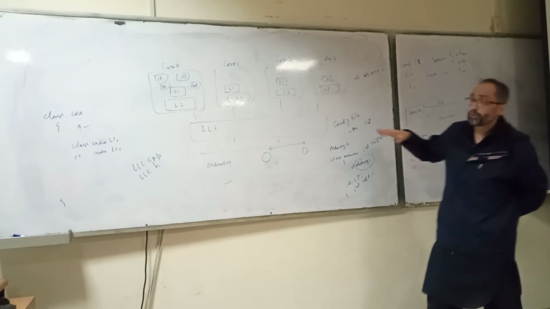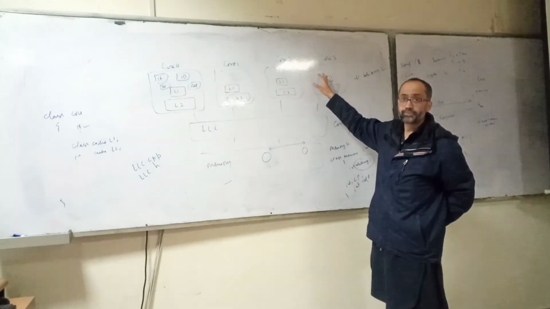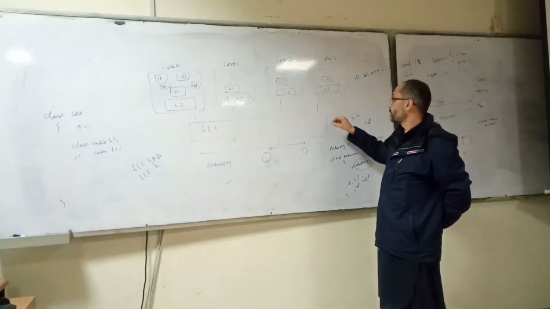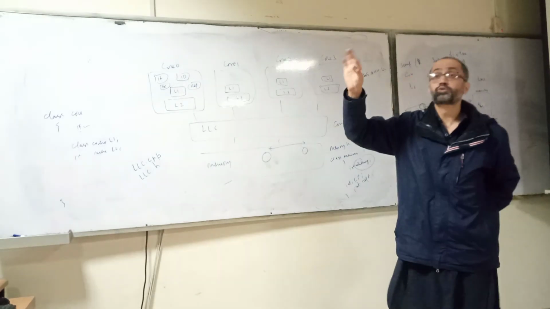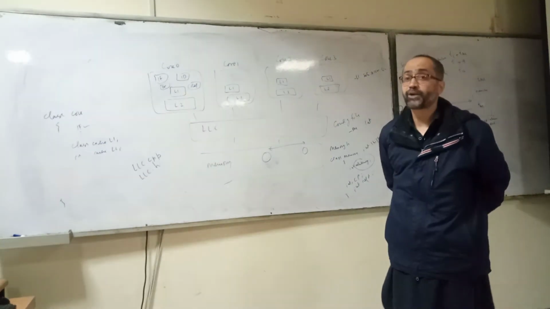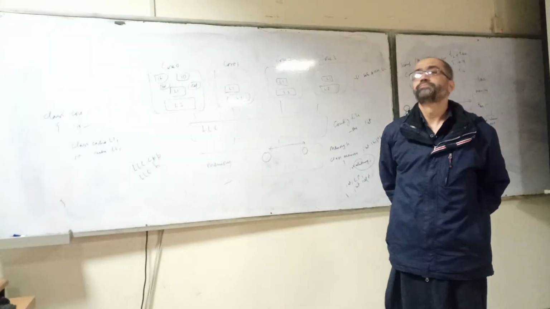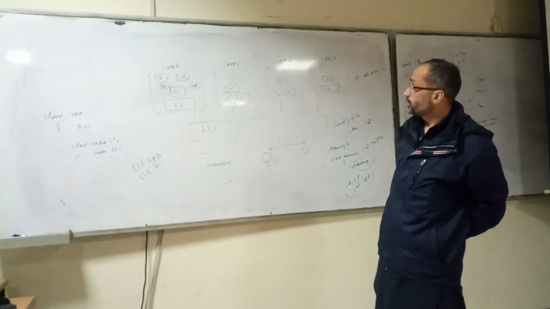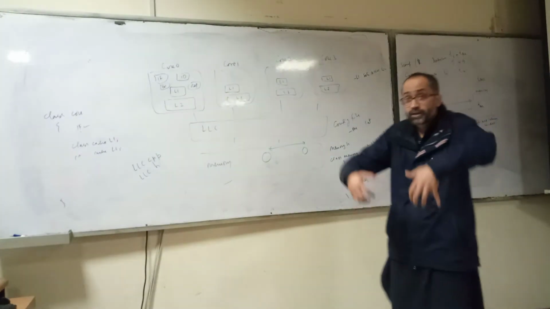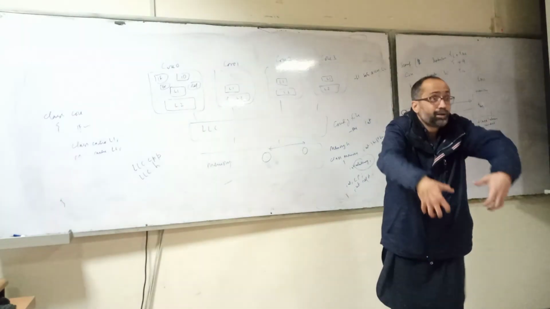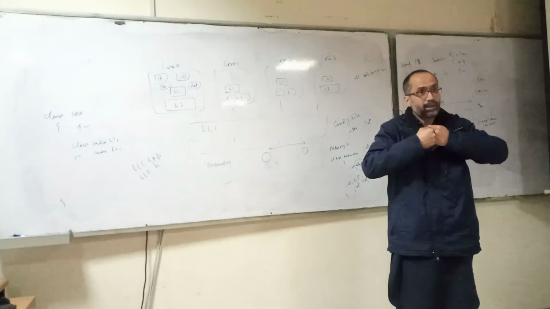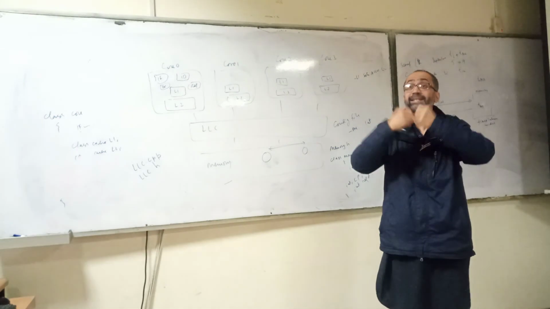Okay, if you want to simulate 4 cores, what will be the parameter in the config file? The number of cores will be set to 4. But if you want to simulate 8 cores, then 8. So this multi-core simulator will be reading these parameters from the config file, and it will create instances